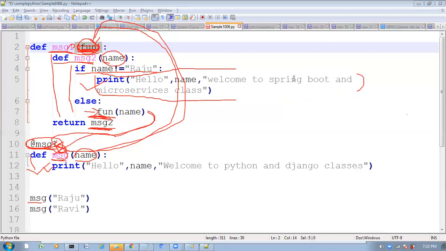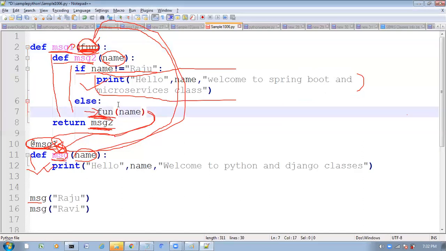You are taking def message one function, def message two. What is B? Okay, assume B is some argument you are getting. Here you are just checking. You are taking parentheses. That's it, right? No problem, you can take them. Parentheses are optional. If you want, you can take them also, not an issue.